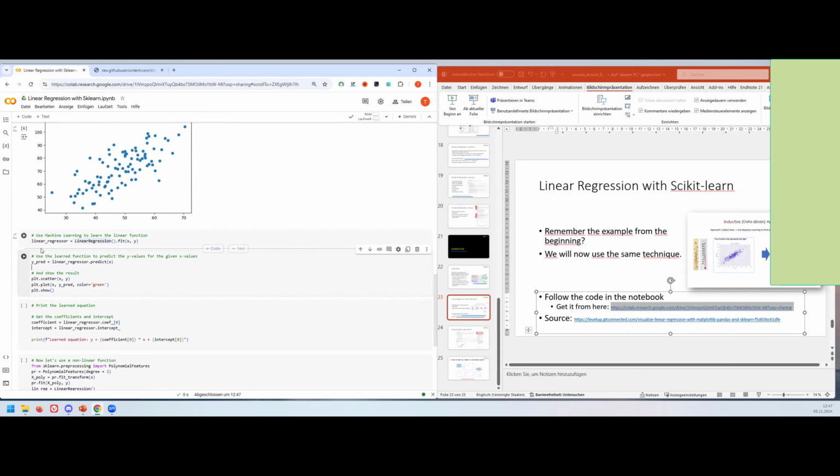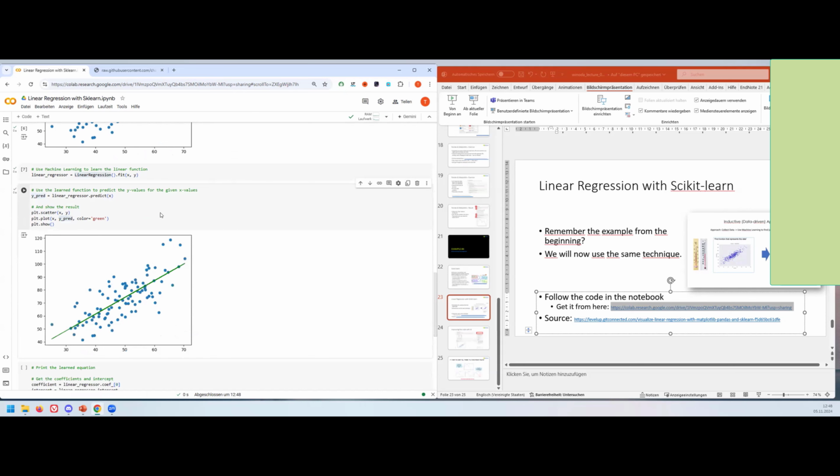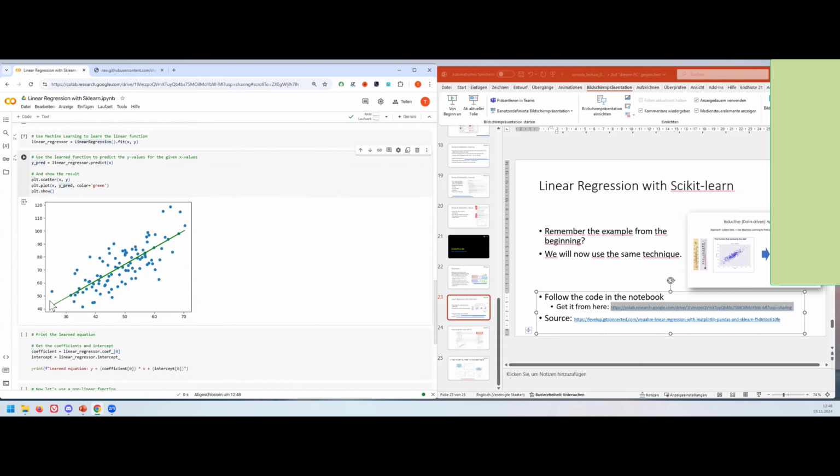And I can use it now to plot my data, which I will do now. So I will again plot my original blue data points, and I will plot my model that I just learned. This is y red here, that is based on the model. And you will see that this line, in this case I will do green, not red, fits more or less my data. One can argue, should the line be a little bit more up or a little more down. But at the end of the day, this seems to work quite well, as in I have found a line that is going through my points, at least according to this algorithm, in the optimal way,